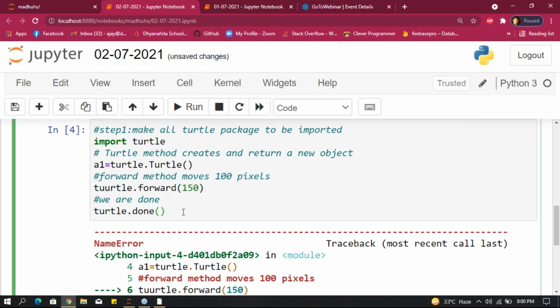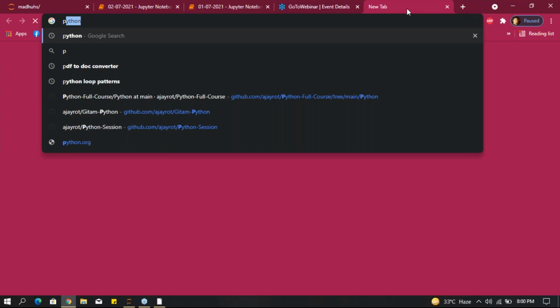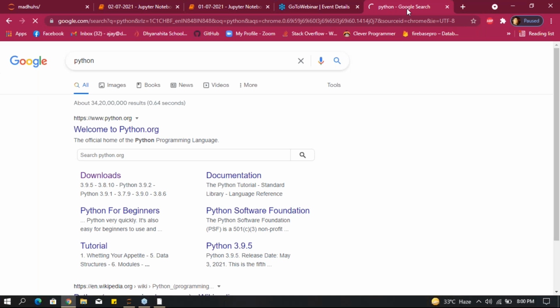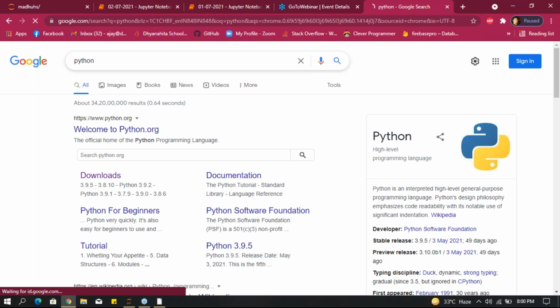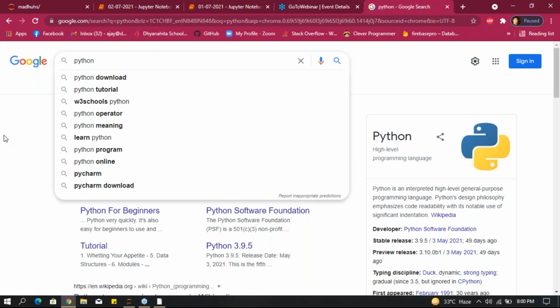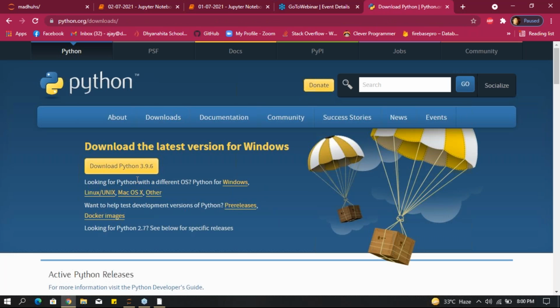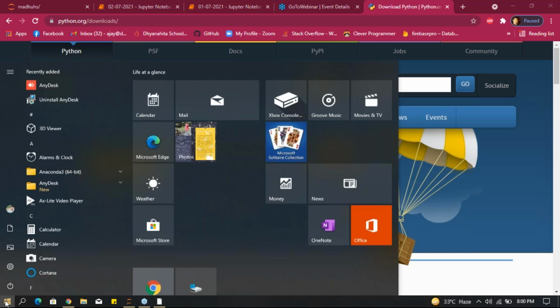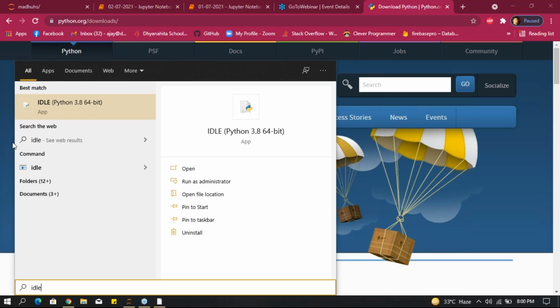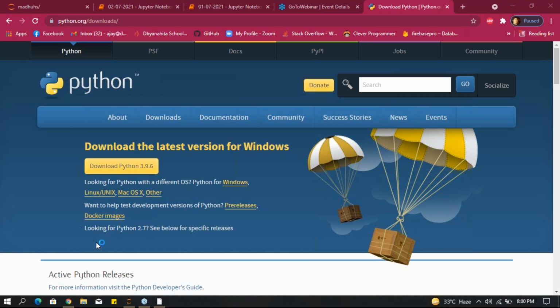You can run here also. Otherwise, you can download Python: if you type Python, you will get downloads. Download IDLE, and after installing, type IDLE in your lab and open this IDLE.